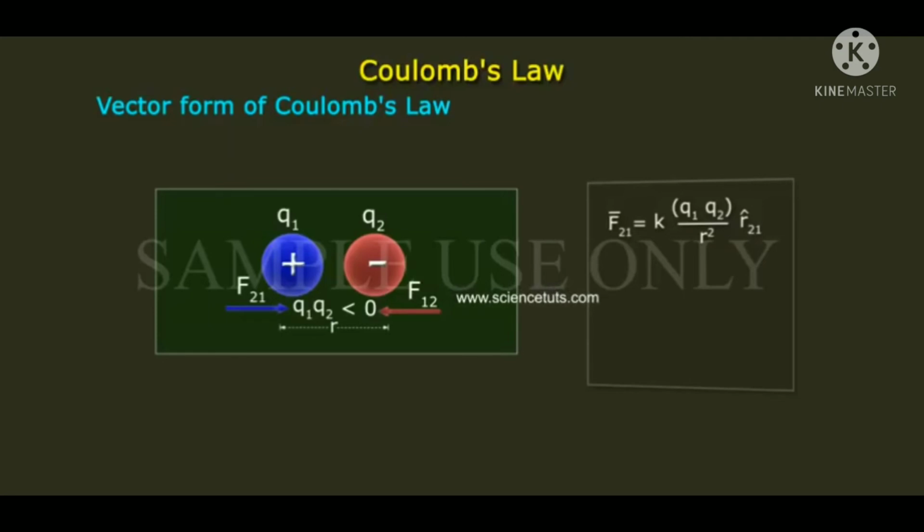Similarly, if F1,2 bar is the force exerted on charge Q1 by Q2 and Q1 Q2 is greater than 0, then F1,2 bar is equal to K into Q1 Q2 by r square R1,2 cap, where R1,2 cap is the unit vector pointing from Q2